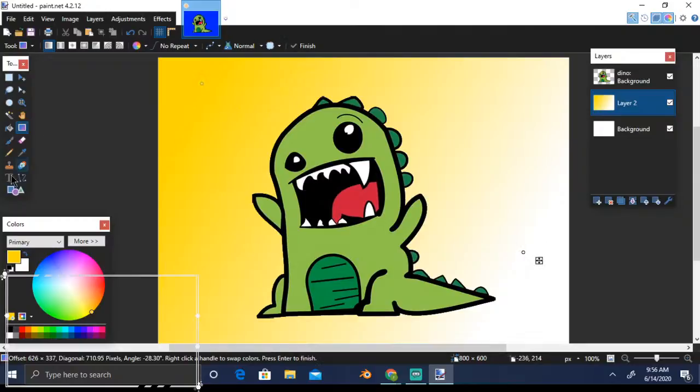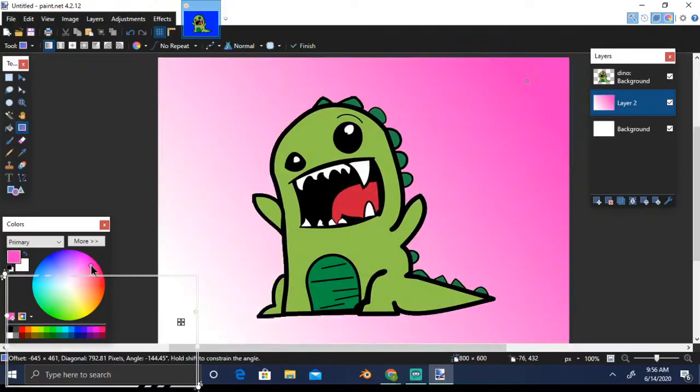So all you have to do is click on this, select this tool, select the colors, left click on it. Again you can apply it from here, left click on it and just drag it. Drag it till you get the correct shade you want. You can play with this color. Let's say you want it from violet, and then you want it to go to green.